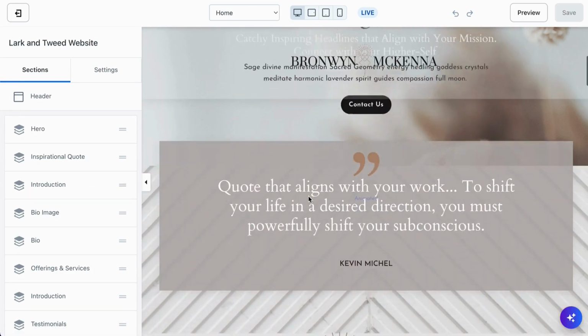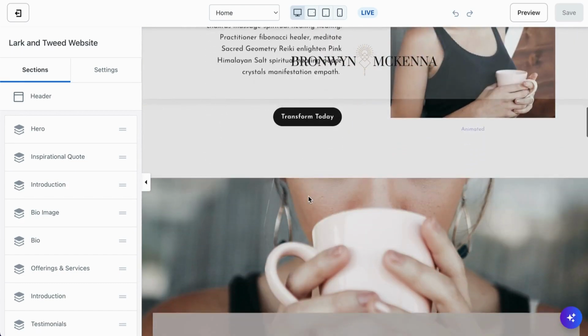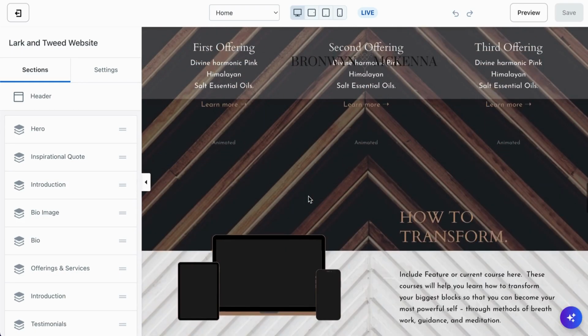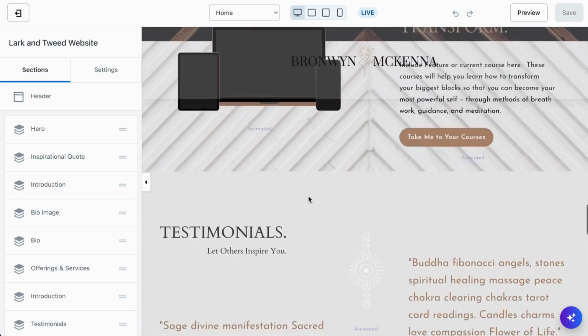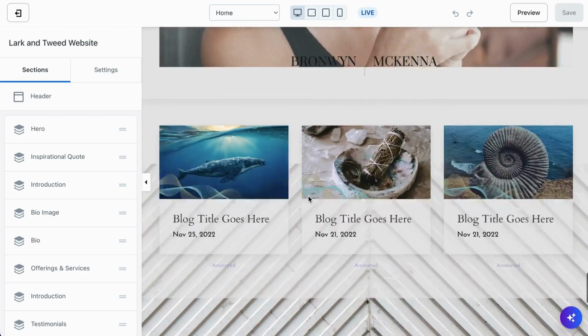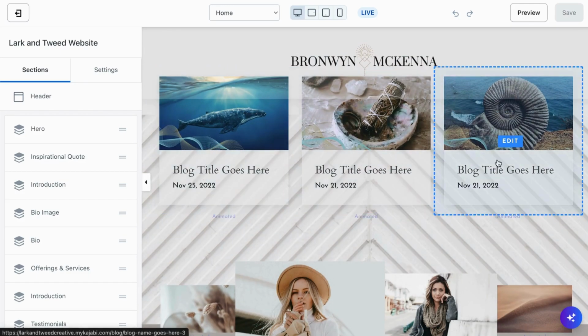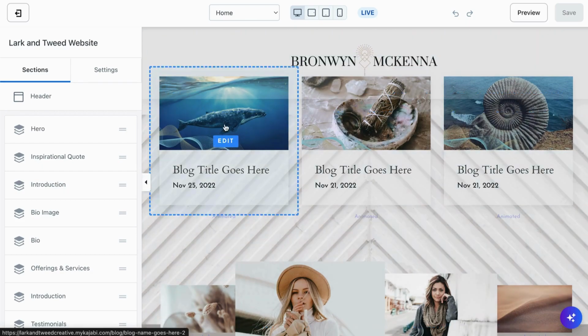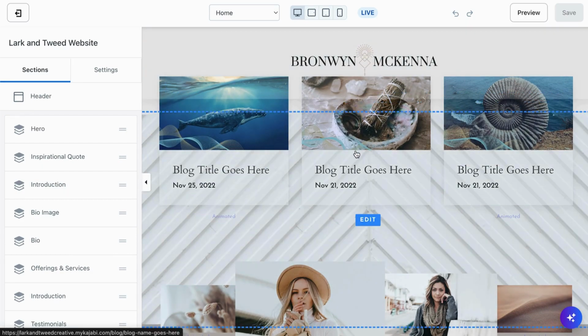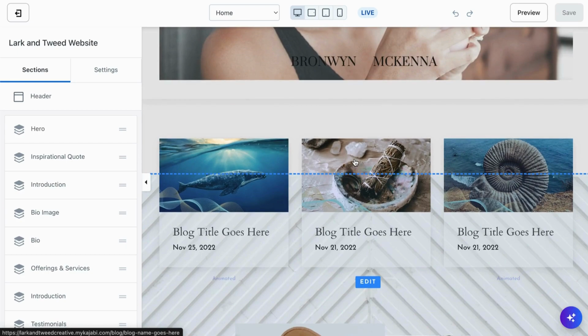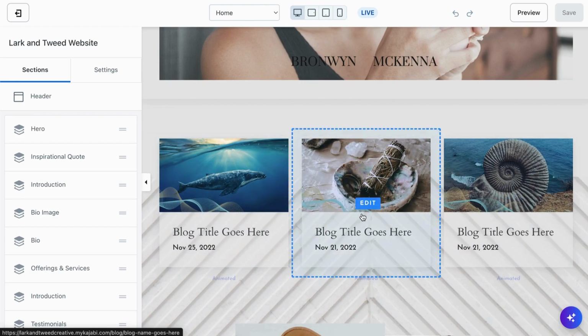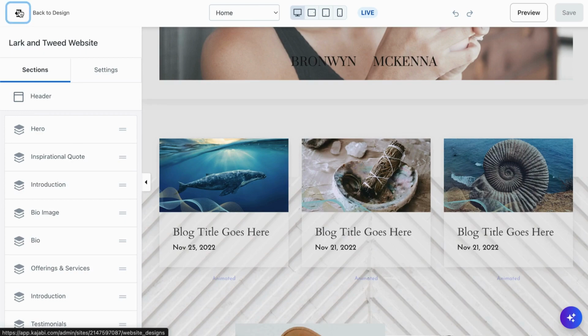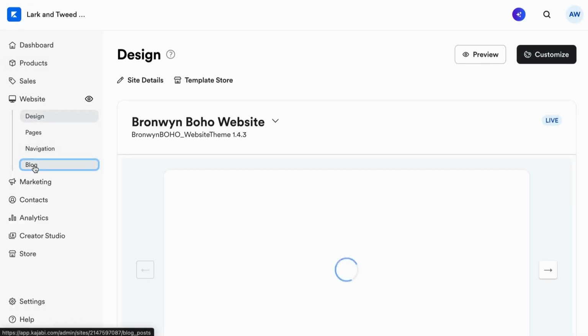The next thing you're going to notice on your page, if you've just purchased a new template, and let's say you have a brand new account with Kajabi, you likely won't have a blog. And so in this area here, there won't be any blog that will show up. It'll just say blog section, but there won't be anything that will show up. And so that is normal too. So until you create your first blog, this area here will stay blank. But as soon as you've created a blog and you publish it, I'll show you how to do that. As soon as you publish it inside of your blog area,